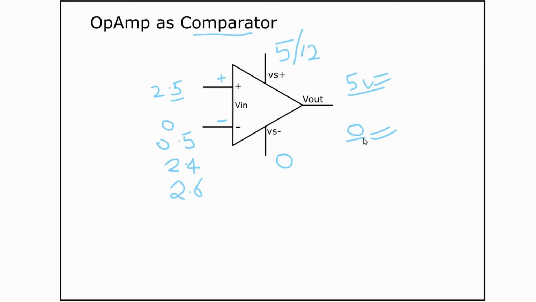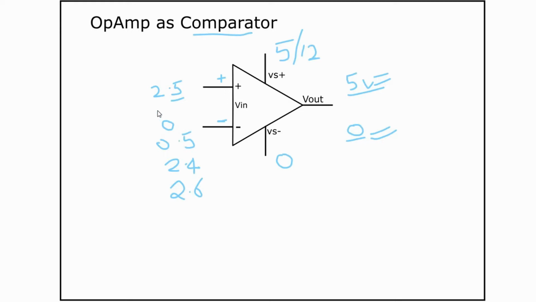Now this can be used in a lot of applications, like automatically turning on the lights when it becomes dark, or automatically turning on the fan when the temperature becomes high. These two are the first circuits that we will be building once we have finished all the components. So we will use a comparator at that point.